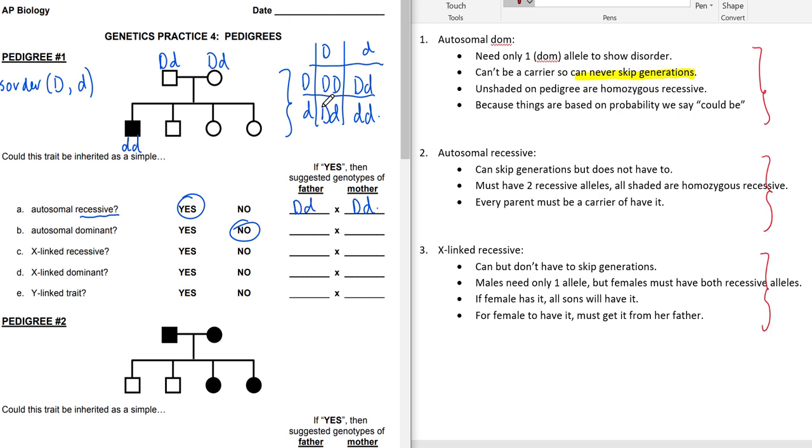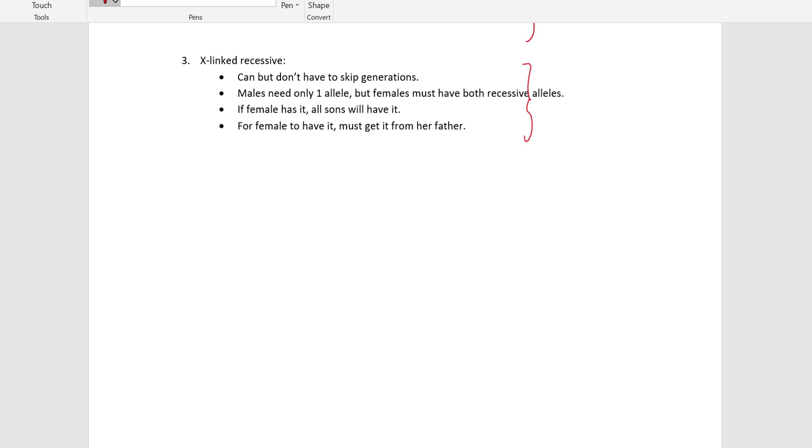Okay, how about X-linked recessive? One of the things I want to emphasize about sex-linked traits: when we're talking about autosomal traits, we might just use capital D and lowercase d to represent our alleles. If it's autosomal, we just need to show these letters. But if we're talking about an X-linked trait, and you'll see this in the last set of notes posted online under the at-home notes,